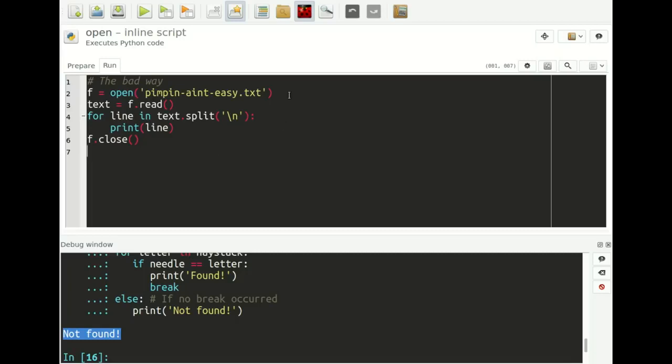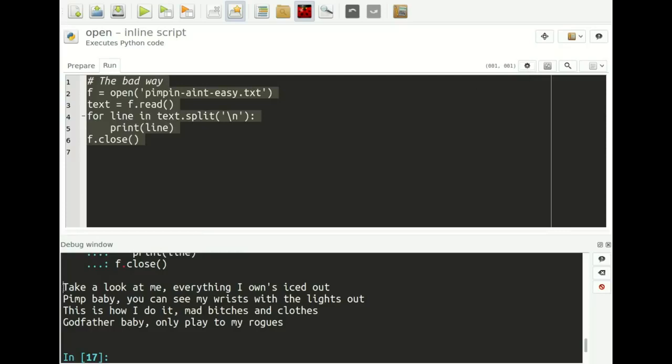Then we can do something like the following in a bad way. So what we do is we open the text file, we read the contents of the text file and we save it in the variable text. Then we split the text by \n. Since \n is a line separator, we basically split the entire text up into individual lines. And then we walk through all of these individual lines and we print them out to the screen, and then afterwards we close. Now if I select this and I run it,